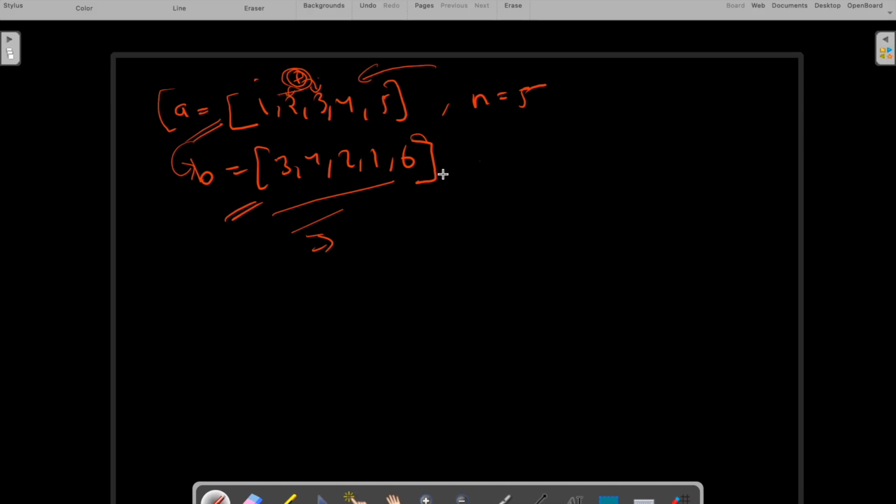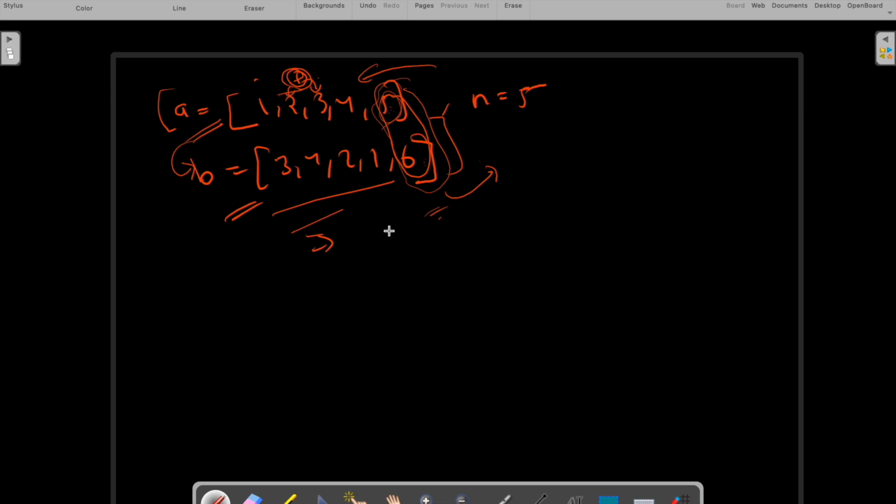For the last index, the elements of array A and array B should be equal, because we don't have any further index to take XOR with to change that element. So the first condition is: if the last elements of both arrays are not equal, we return false. Otherwise, if both elements are equal,